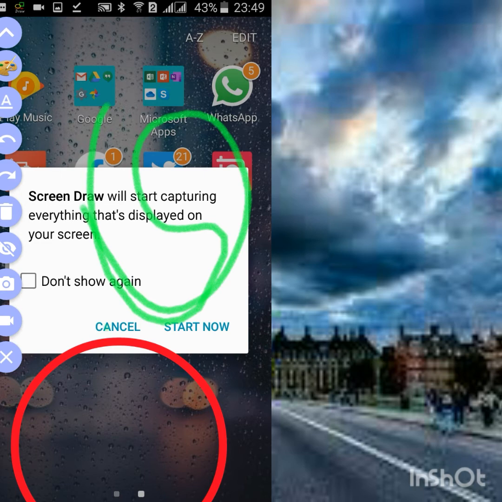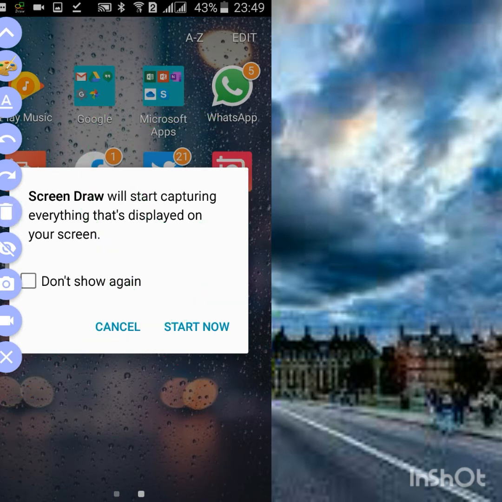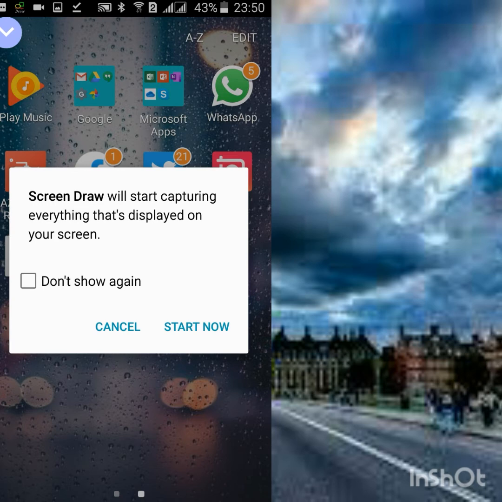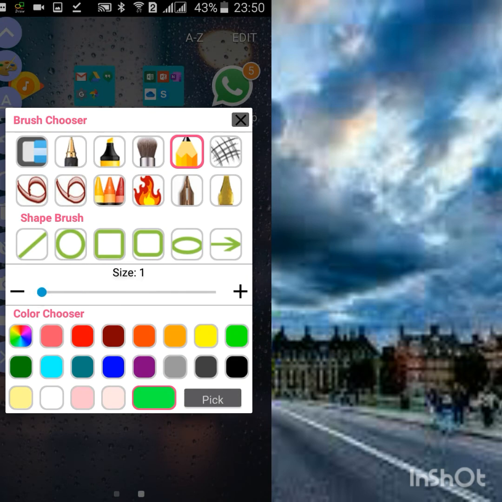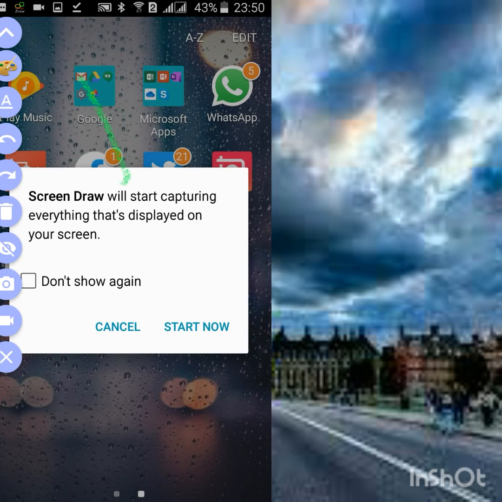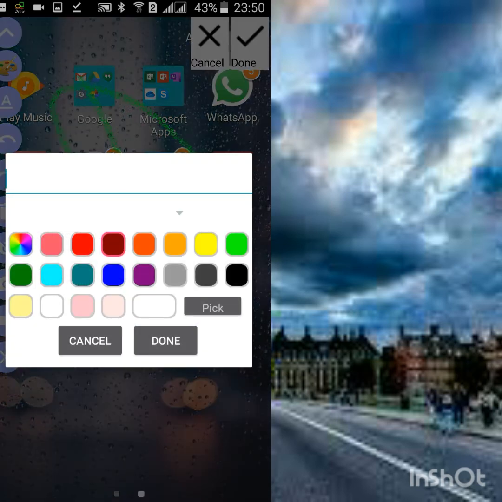So if you want to take a picture, you can take a picture as well. Whatever you want to do, you can do by here. So this is very fantastic to use. Okay, you can see by here. In this way you can use here. Okay, and one more thing is that if you want to write the alphabets, so you can also write